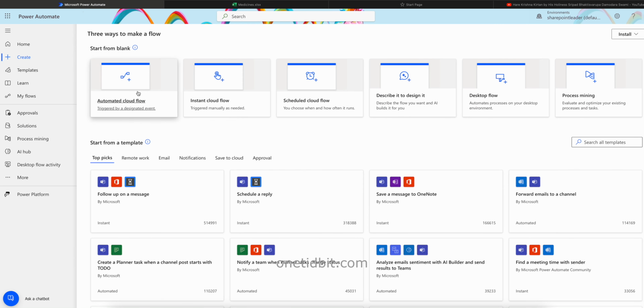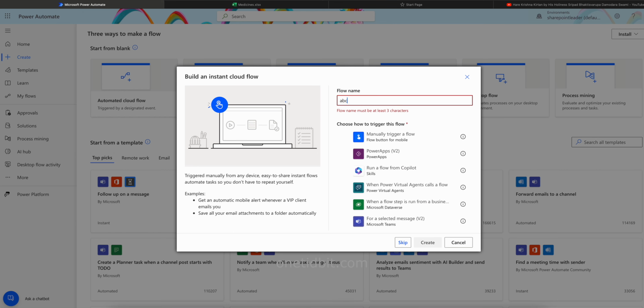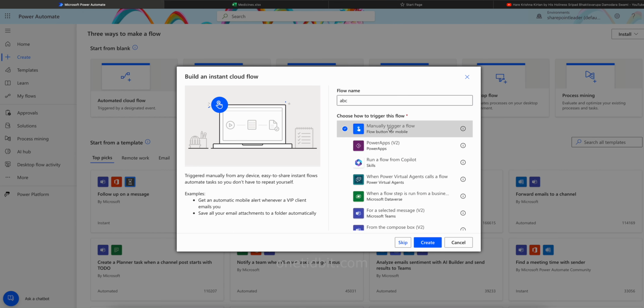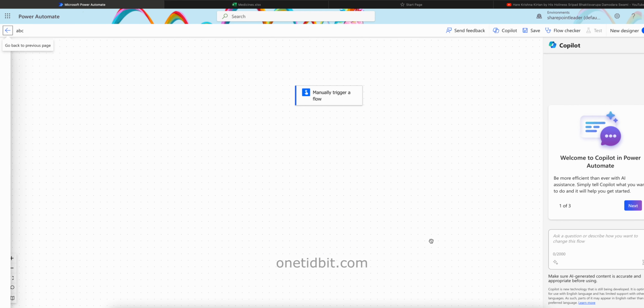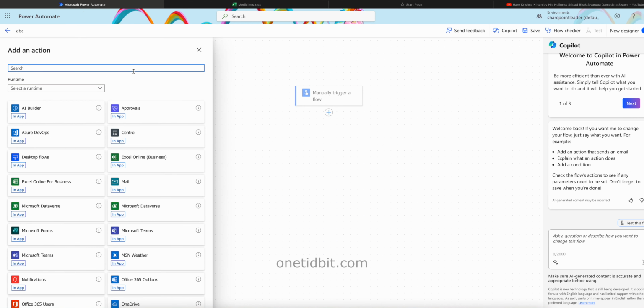So now I'm taking an instant cloud flow and ABC is its name. I'm taking a manual trigger here, and create. So first we will take the list of Excel file, list of